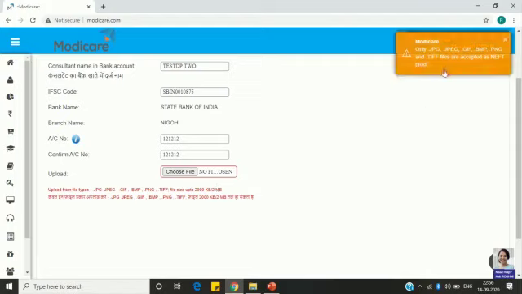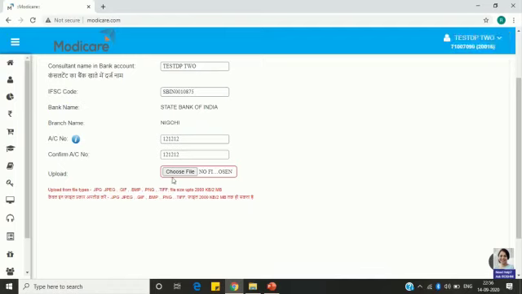So here it shows it is not in that format, and hence upload the right format here. So this is how you have to enter the NEFT details. Once this is verified, then your income will start coming to your bank account directly.